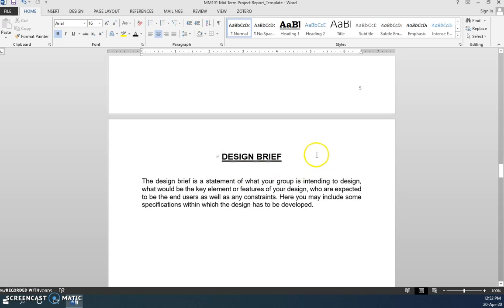Following the problem statement, you have the design brief. The design brief is a statement of what your group is intending to design, what would be the key elements or features of your design, who are expected to be the end users, as well as any constraints. For example, if I'm designing a wheelchair which has to be manufactured locally, in my design brief, I will list down, not very specifically but in a broad way, what materials the wheelchair is expected to be made out of, okay,